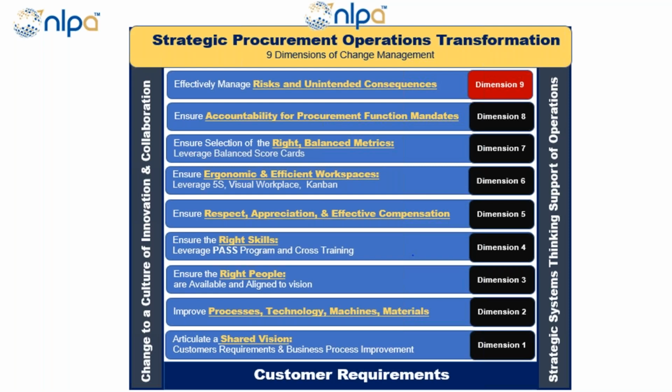You go into healthcare, what's the defect in healthcare? If I have to wait an excessive amount of time to get my treatment, that's a defect. If you misdiagnose me, that's a defect. If you give me the wrong medication, that's a defect. If you operate on the wrong arm or leg, that's a defect. And you could go on and on and on. As a matter of fact, the United States healthcare system has close to $1 trillion. Yes, close to $1 trillion